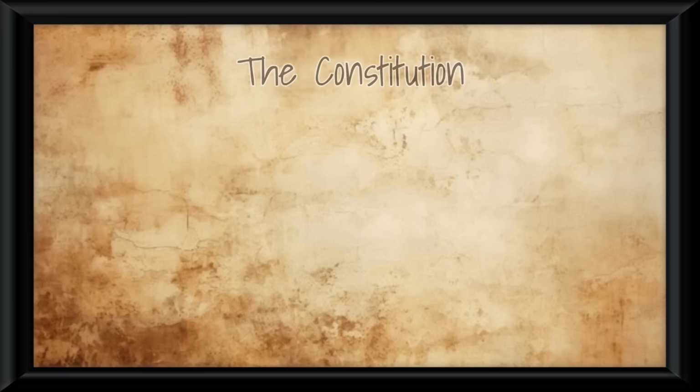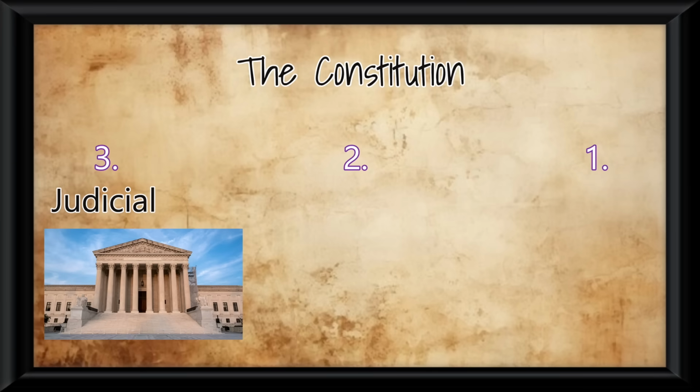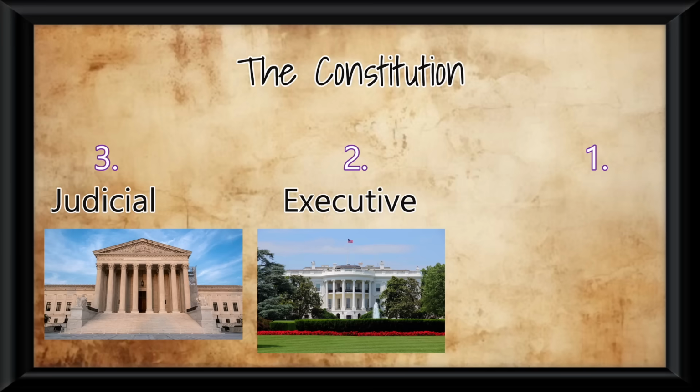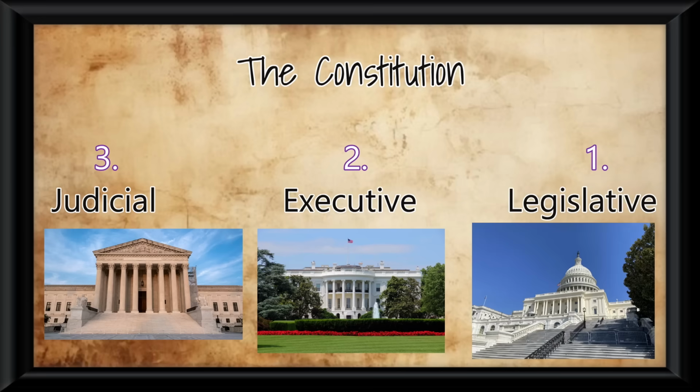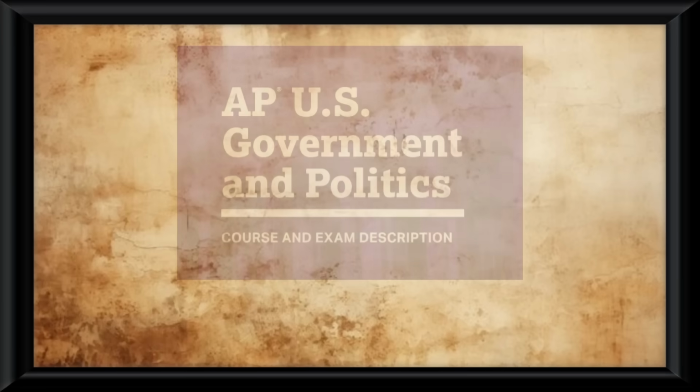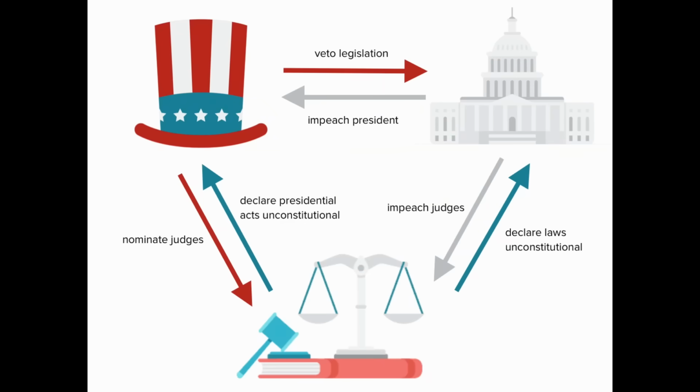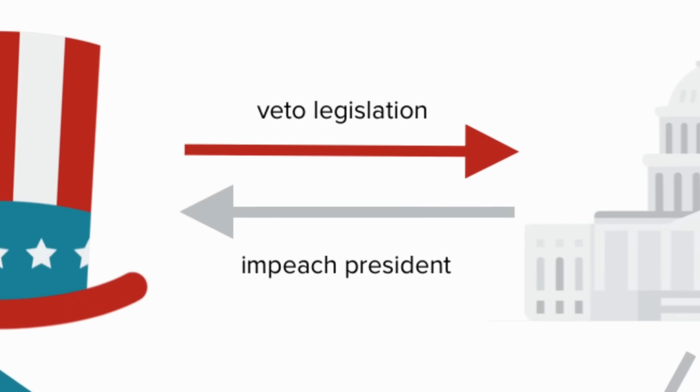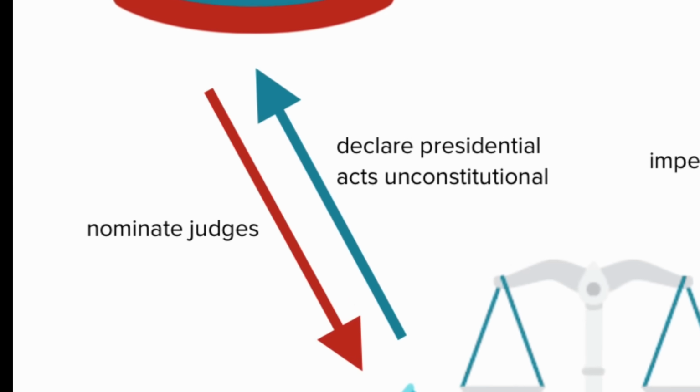This Constitution saw the implementation of three branches of government that are all supposed to have equal levels of power with the ability to check the power of each other branch, with the judicial housing the Supreme Court, the executive housing the president, and the legislative branch housing the House and the Senate. And through a lot of different ways explained in AP Government, each branch has its own specific ways of checking the powers of the other branches to make sure one branch doesn't get too powerful. And in this way, we see the Constitution embodying the idea of federalism very well.